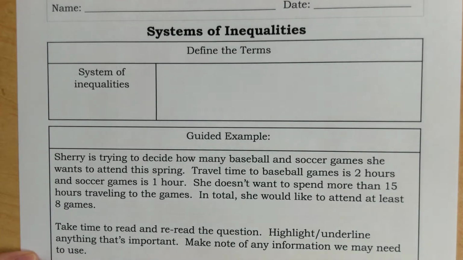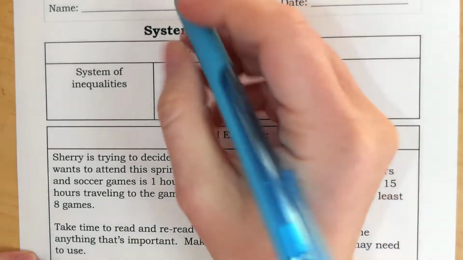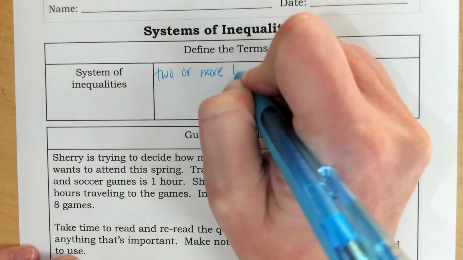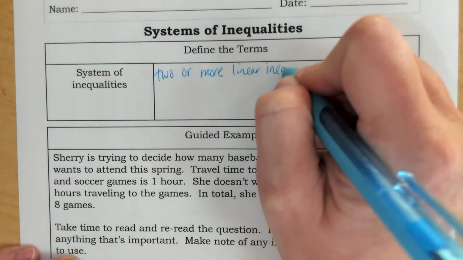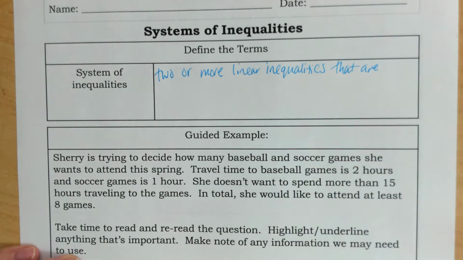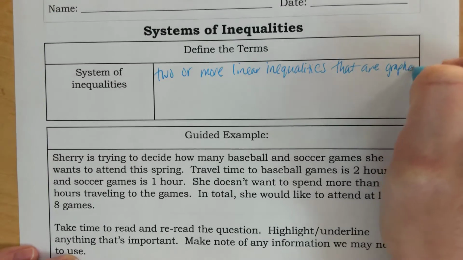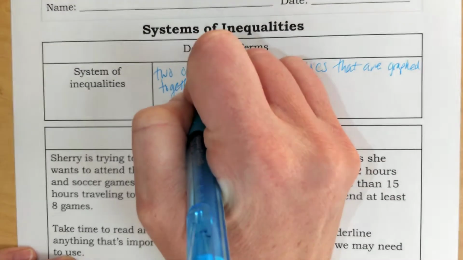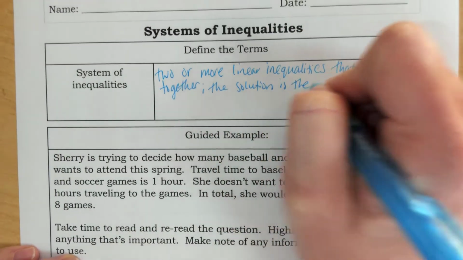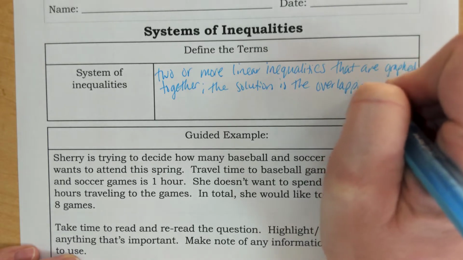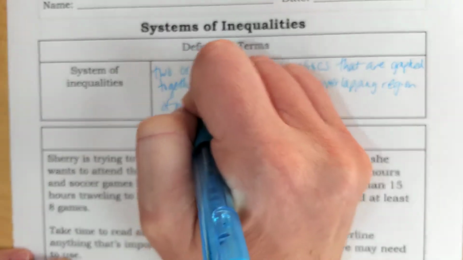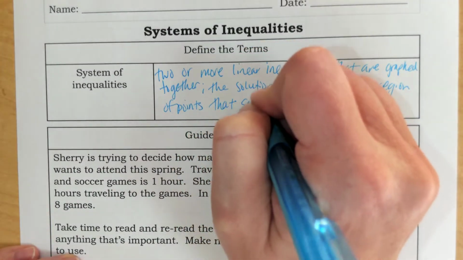Alright, so today we're going to talk about systems of inequalities. And so the definition here of a system of inequalities is two or more linear inequalities that are graphed together. So the solution is the overlapping region of points that satisfies